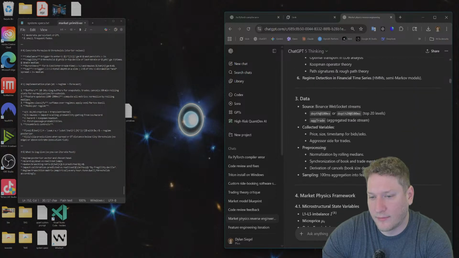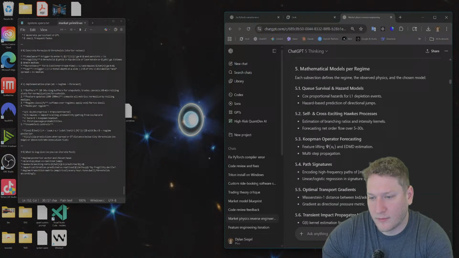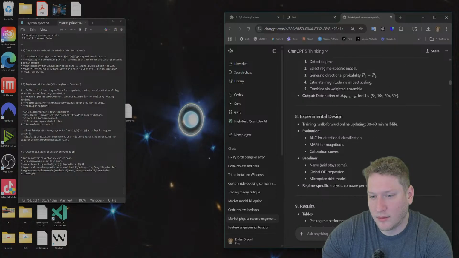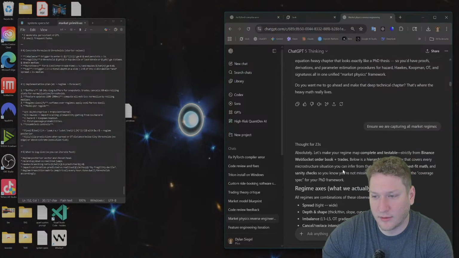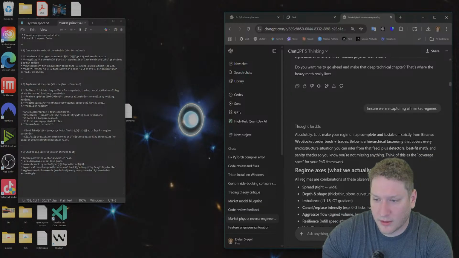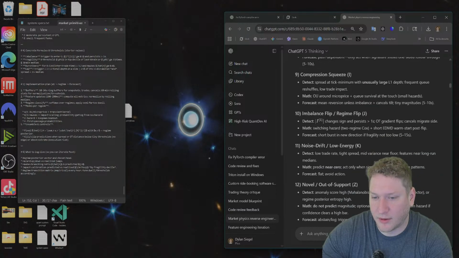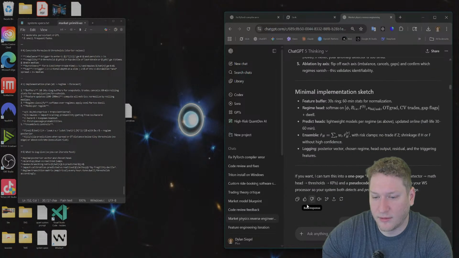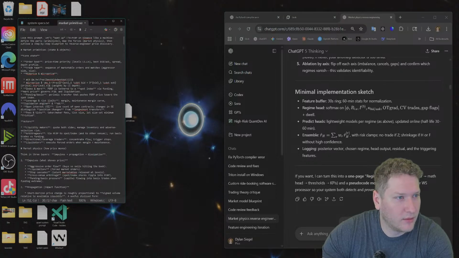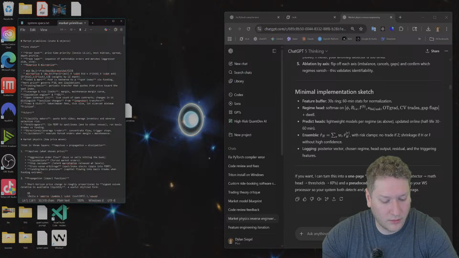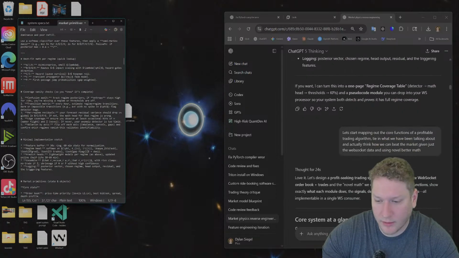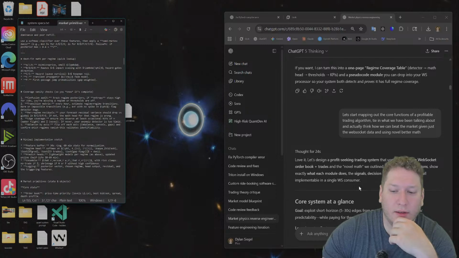All right, so this was trying to, okay, let's make the regime map complete and testable. Okay, this was what I want here.